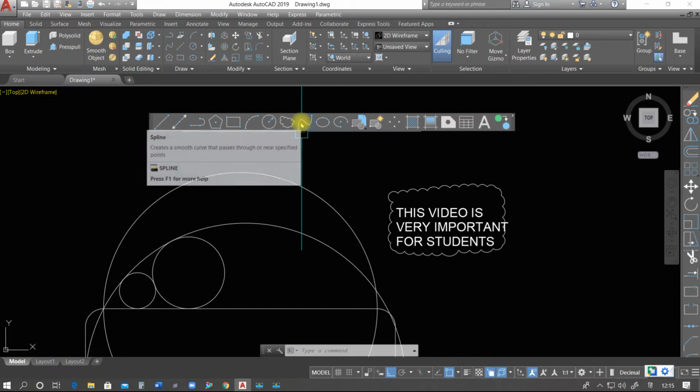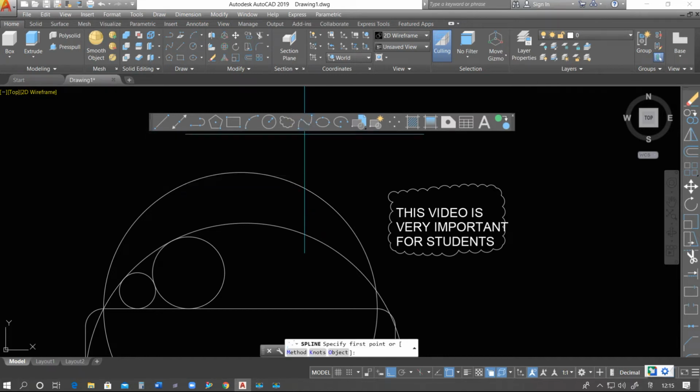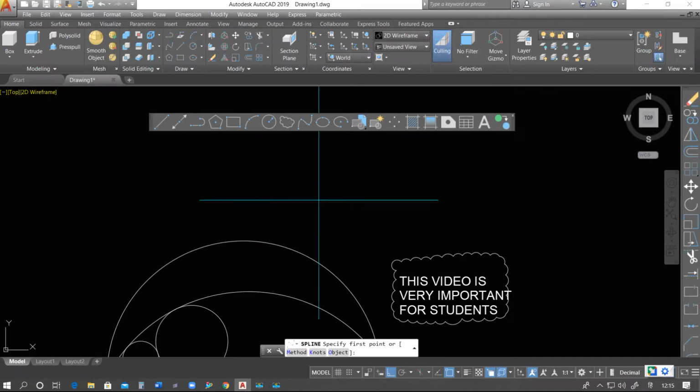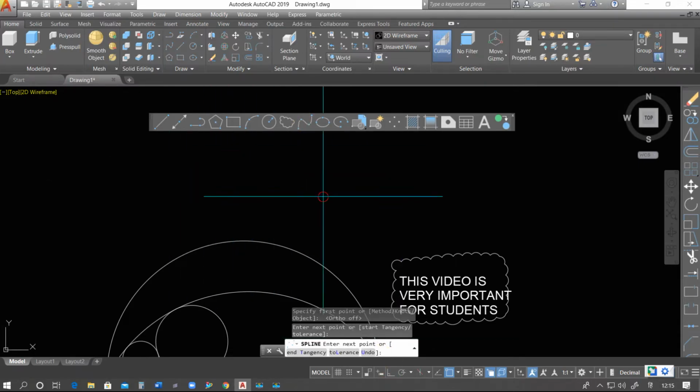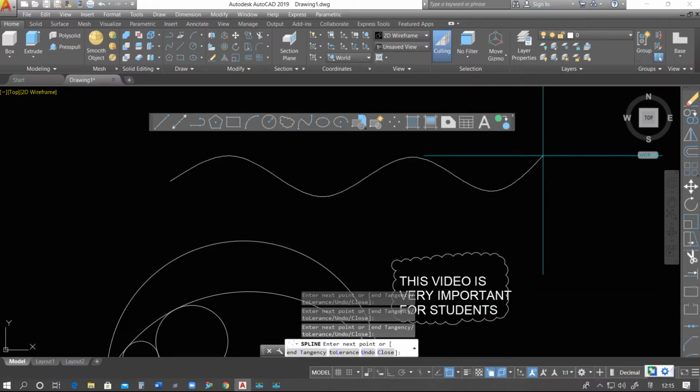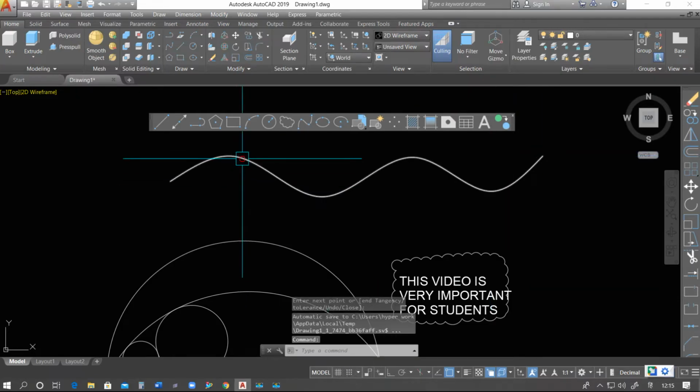We have next option, this is spline. Generally in AutoCAD software we have only two types of spline, that is fit point or control vertex. Fit point, here we see, okay, select here.